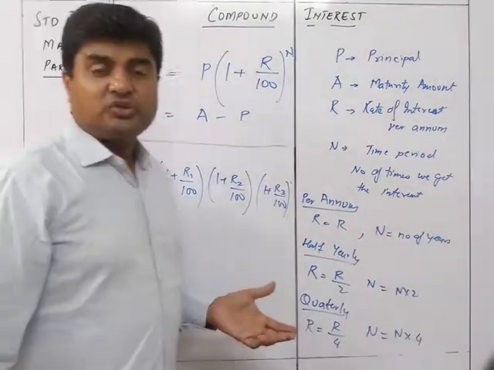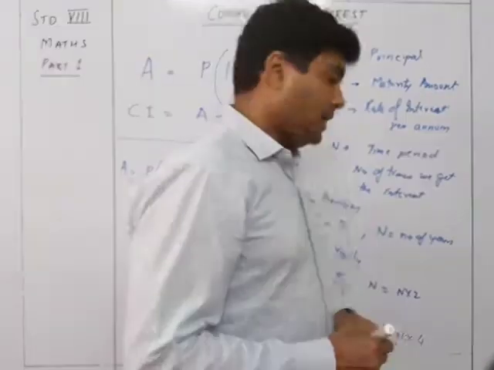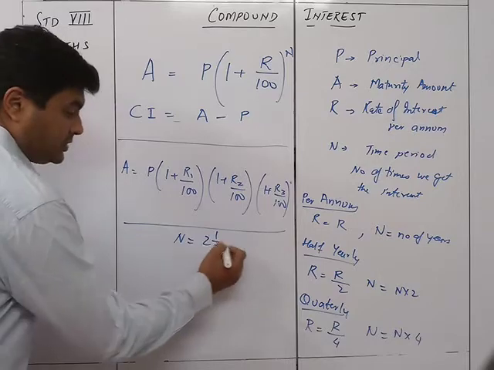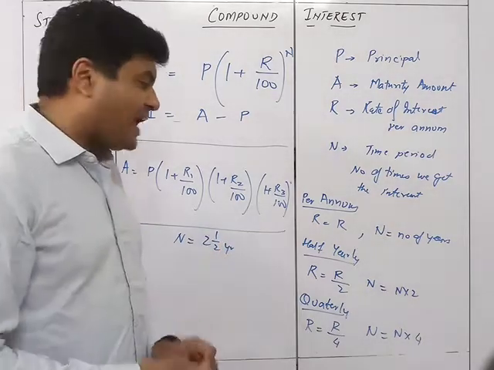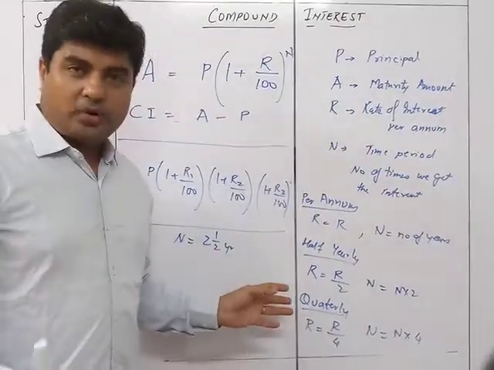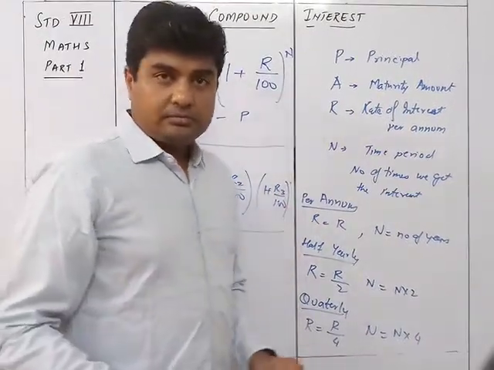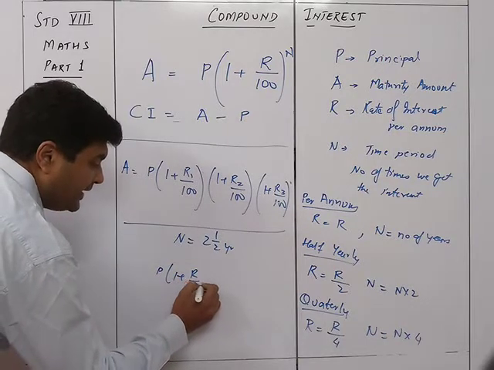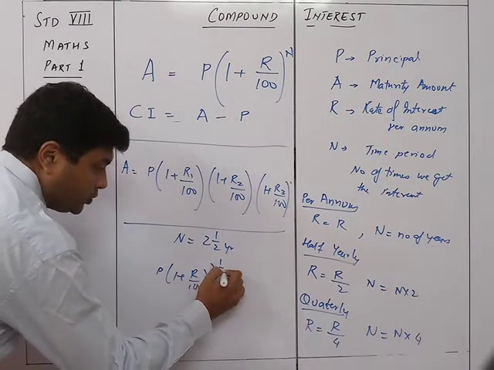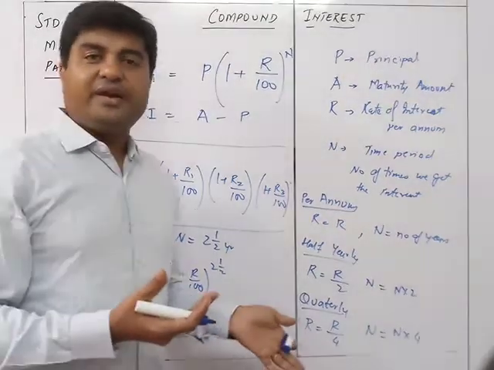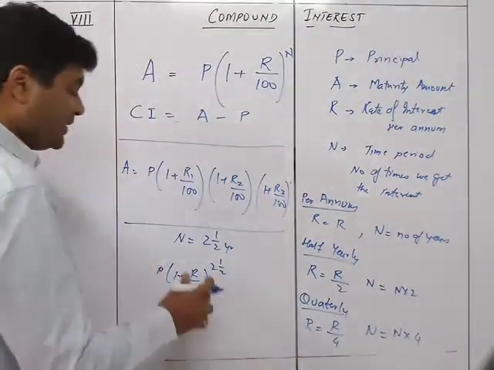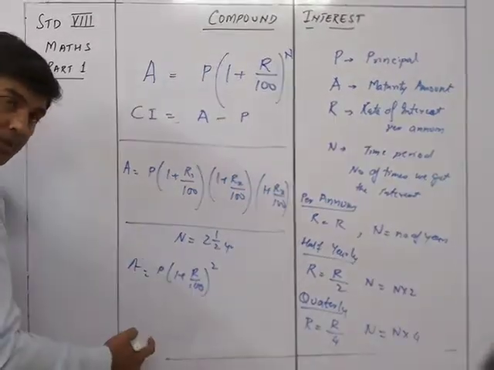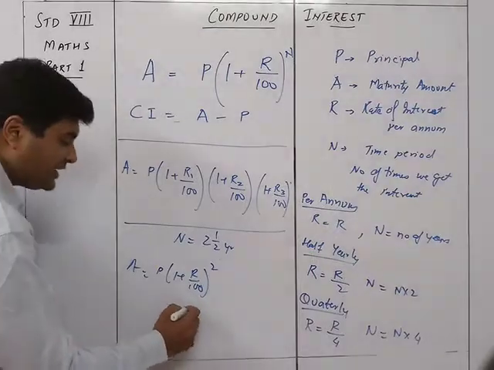There is one final difference over here, and that is, if at all I have got the number of years, that is n equals 2.5 years. But if it is half yearly, तो problem नहीं है, 5 times मिलेगा मुझे, problem नहीं है. But suppose it is yearly, then I cannot have the formula as P(1 + R/100) raised to 5 upon 2. No, that will become very difficult for me to solve also. So what I will do is that I will make it 2 over here. I will find out the amount, and that amount I will keep it for another 6 months.